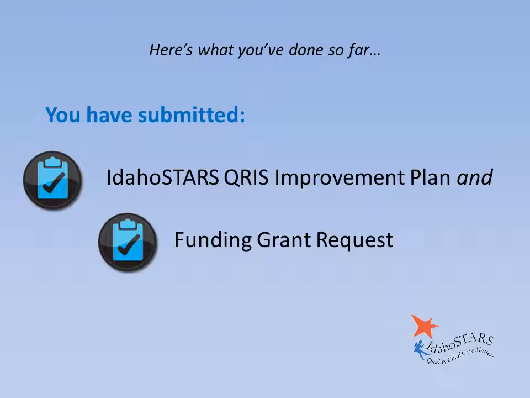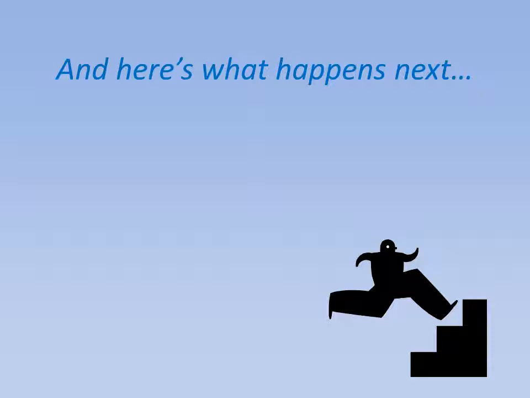So far in this process, you have created an improvement plan with goals you set for improving your program. You have submitted a plan and a funding request to IdahoSTARS for funding consideration. After the IdahoSTARS staff have reviewed your funding request, you will receive 3 documents in a packet with a funding